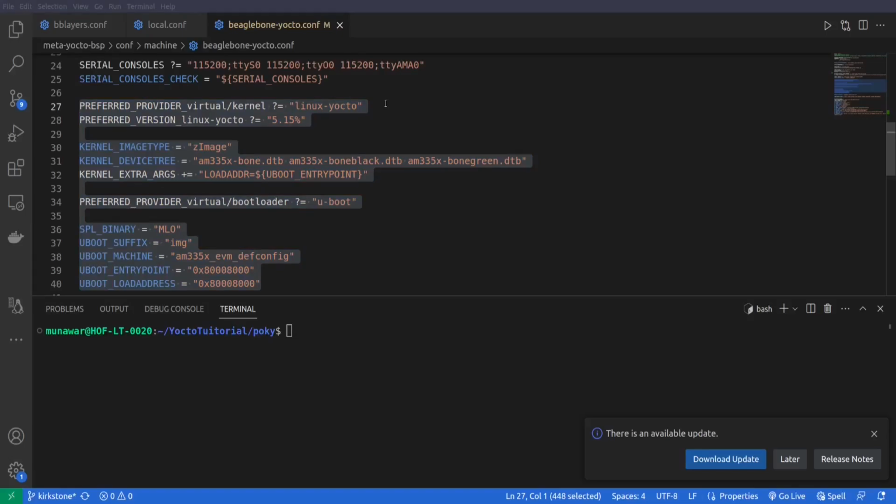The next part focuses on kernel configuration. First, we have preferred provider virtual/kernel, which is set to linux-yocto. This means the kernel will be provided by the linux-yocto recipe. If multiple kernel recipes exist, such as linux-yocto and another kernel recipe like linux-tech-a-byte, we can specify which